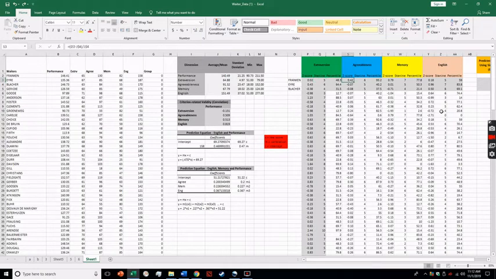Alright, let me just quickly take us back here. There we go. Alright, so that covers the stanines and the z-scores, and now we move on to the percentiles. So in order to calculate the percentiles, we're going to be making use of this formula, which is equals PERCENTRANK. The first thing here before this comma is the data series that we'll be looking at, which is our z-scores. In this case for Franken, for extraversion, we start at P3,